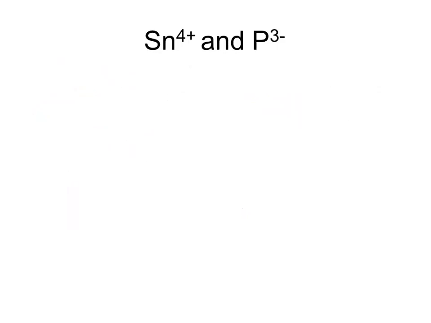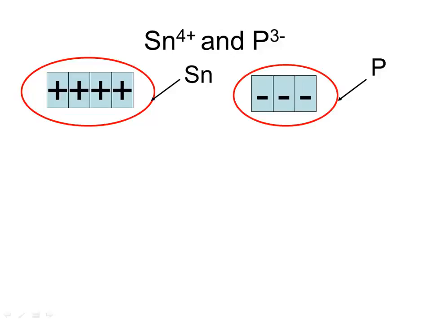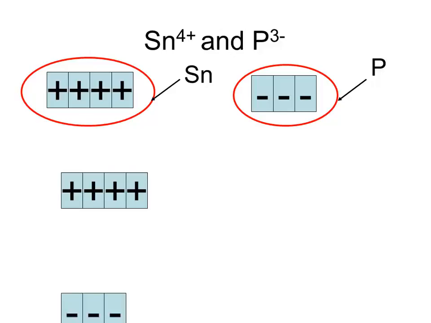Okay, let's try to work on this one together. I start out with tin, Sn4 plus. I have 4 pluses. So then I start adding the phosphide 3 minus. So 4 plus, 3 minus. What do you think I should do? I add more Sn or I add more P? Megan? More P, why? To equal it out, we can have 3 in. Right, because you have less